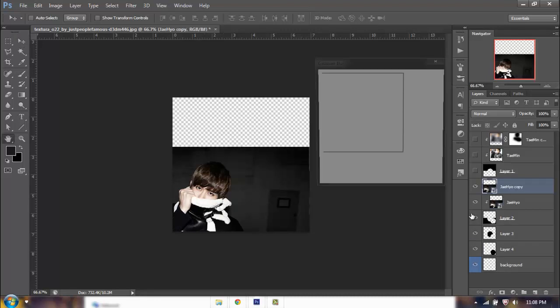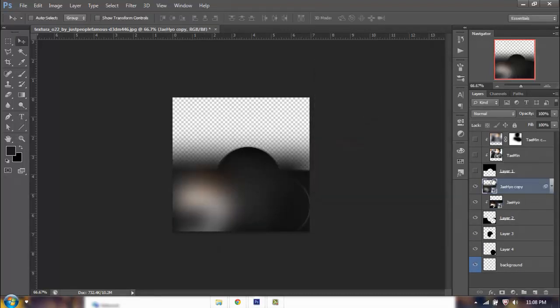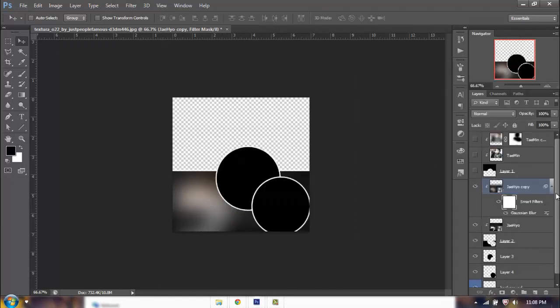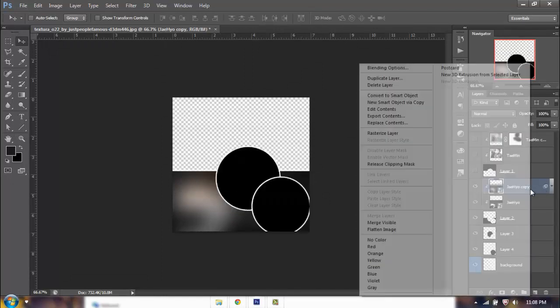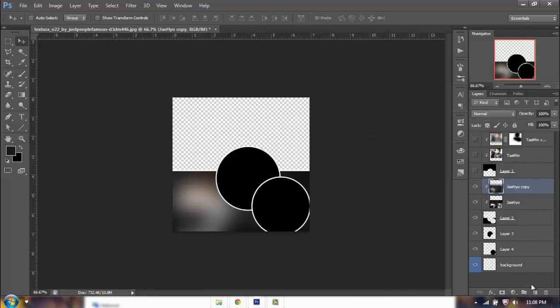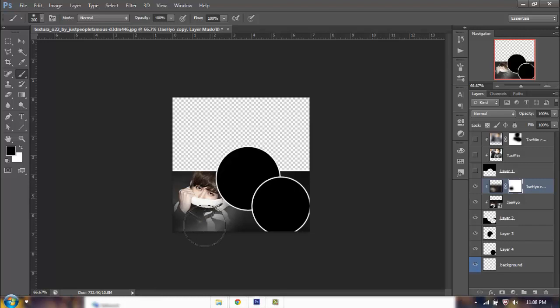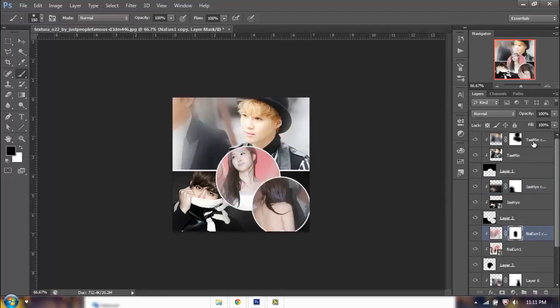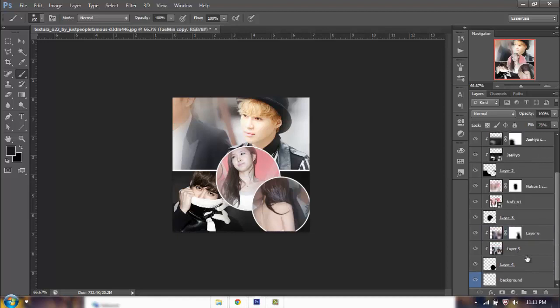Control J, Control F to apply the Gaussian blur again. And then we're going to have a layer mask already added to Smart Filter, but what I'm going to do is I'm going to rasterize layer, add a layer mask, and do the same with his image so that we can see him a little bit more. I'm going to lower his fill to 75, and I'm going to repeat the process with the non-lens images and come back when I'm done. So once we're done, I'm going to go ahead and just merge these together